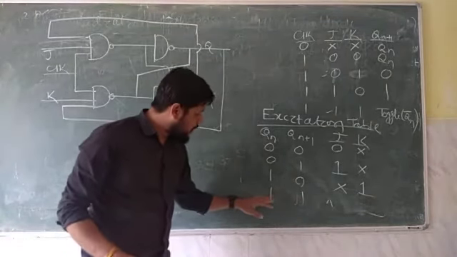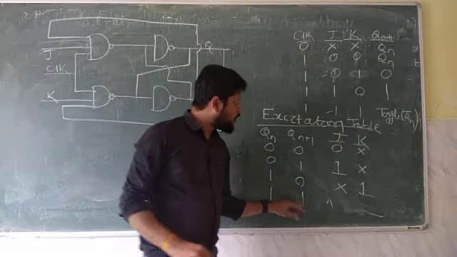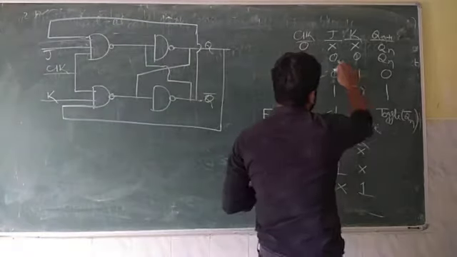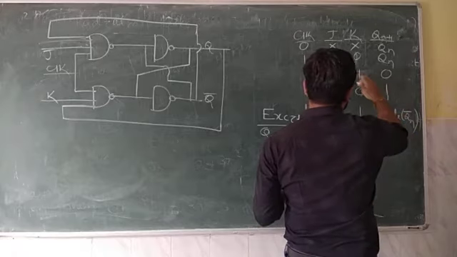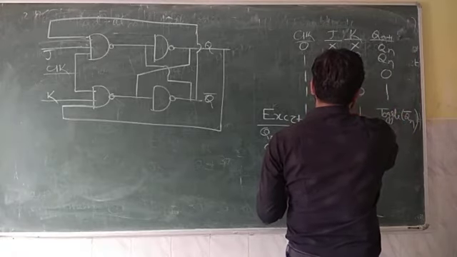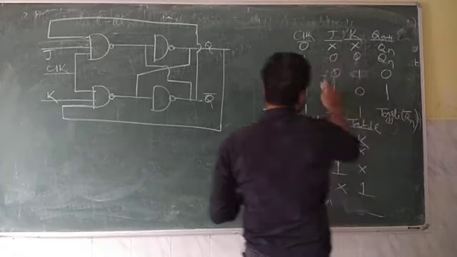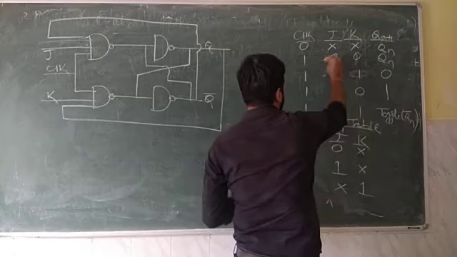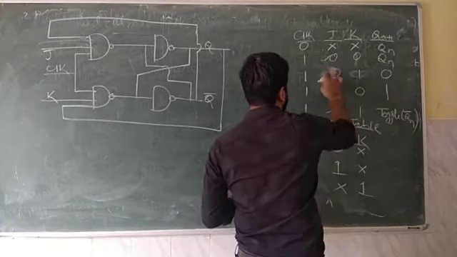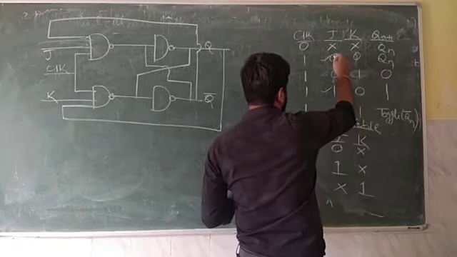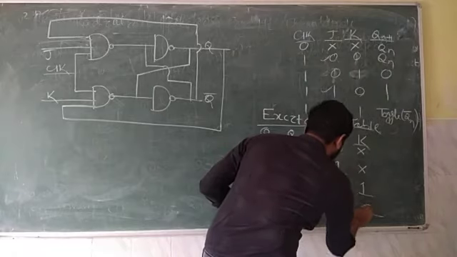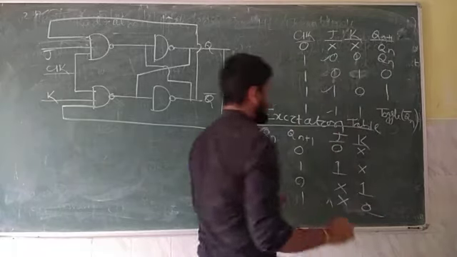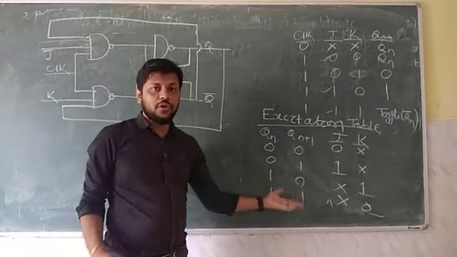The next is when both the outputs are the same and the next state is 1. When J is equal to 0, K is equal to 0. And next is when the output is 1, when J is equal to 1, K is equal to 0. So these two cases satisfy this logic. That's why in these two cases J is 0 or 1, but K is equal to 0 always, and J is don't care. So this is how we construct the excitation table.